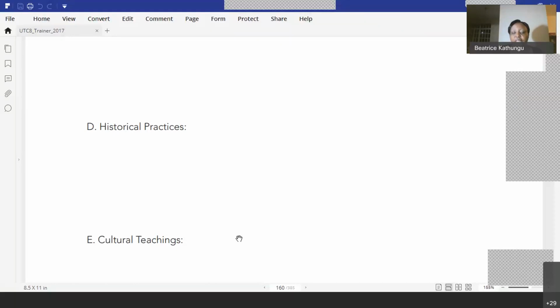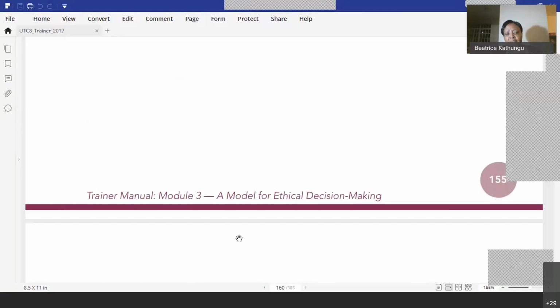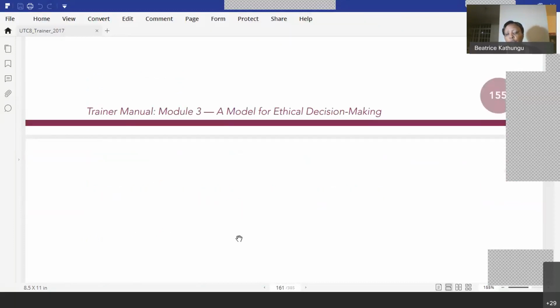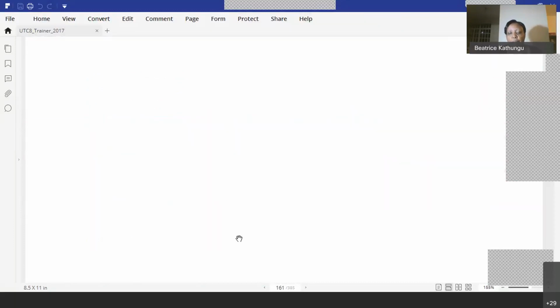Please do take them into account. Do we have any historical cases of a similar nature, how are they handled? You need to think about that and also take into consideration the wisdom from historical practice. Are there any cultural values or teachings that need to be taken into consideration? Sometimes we come from cultures and communities where we have very firm values that need to be considered when we make decisions. So all these are things we want to think about when we use the White and Popovich model